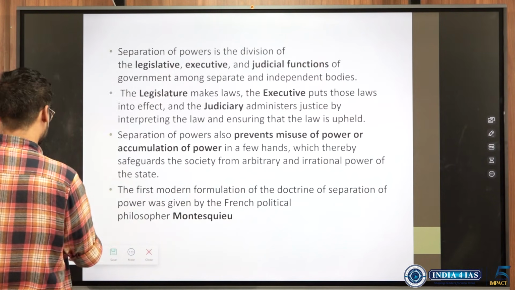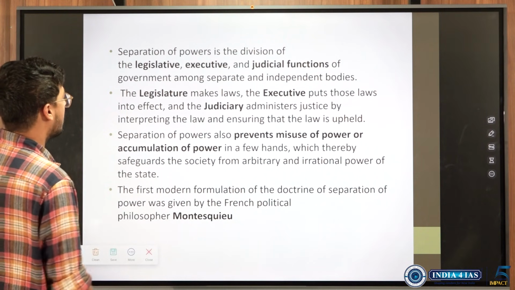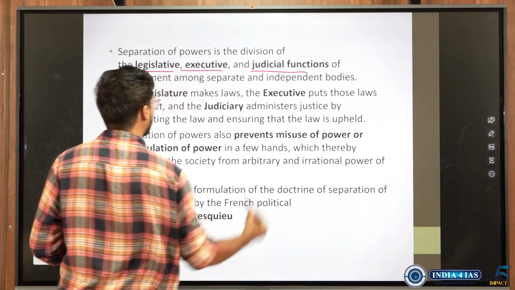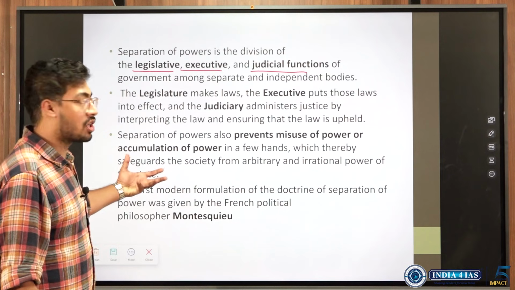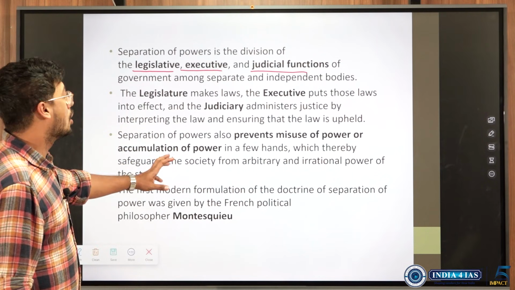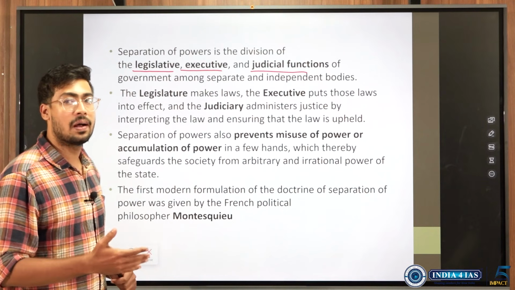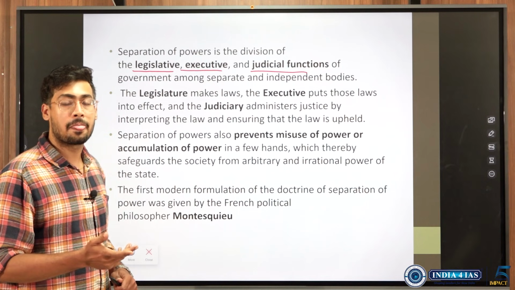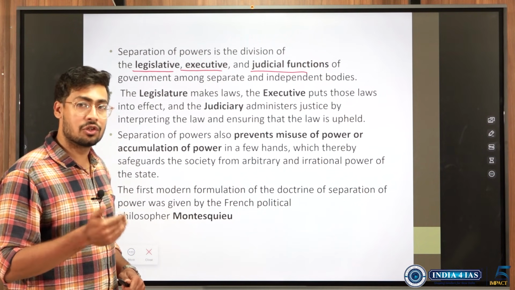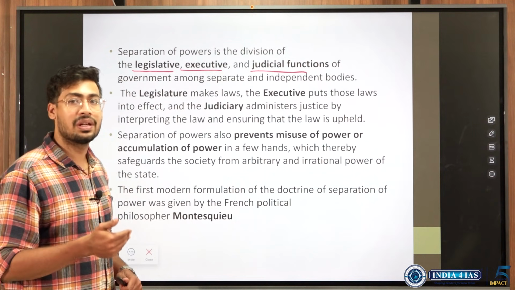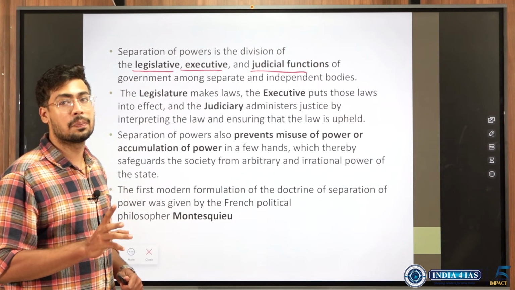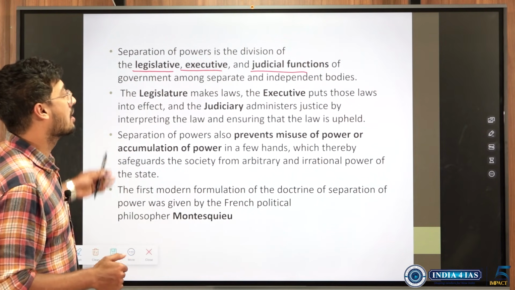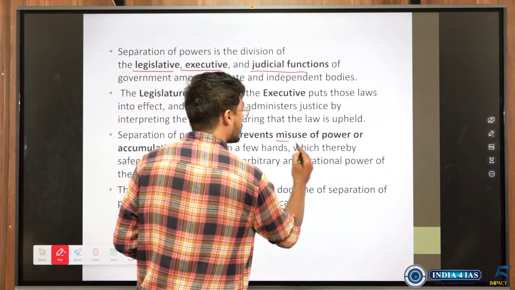What I meant is, in separation of power, it is mainly the three organs which have the power: legislative, executive and the judiciary. We want independent functioning of each of these organs, but we do not want any one of the organs to have absolute power. So judicial review keeps a check on the legislative laws that have been made or the executive actions that have been taken. Impeachment motion of judges: if judges do not function properly, then the legislature can remove them. So likewise, each one of them ensures checks and balances over the other. And why do we do this? We do this to prevent misuse of power.